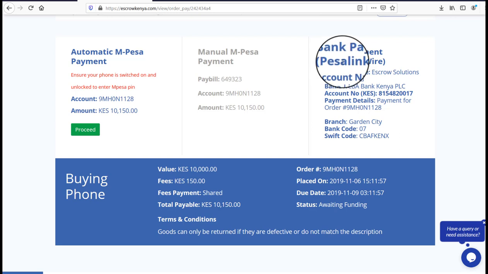PesaLink is available on all mobile banking apps. Just go to your bank's mobile banking application on your phone, click send money, click to another bank, select PesaLink. If you are asked send to account or send to phone number, select send to account, then